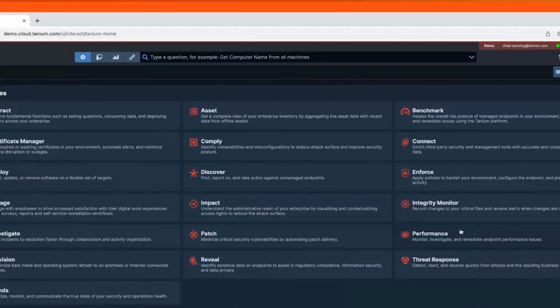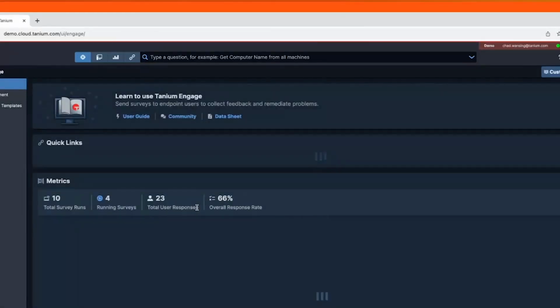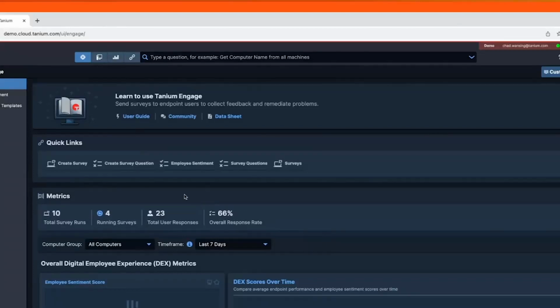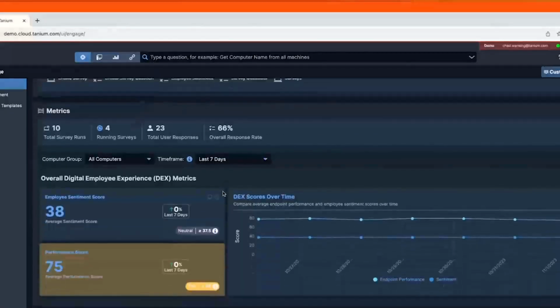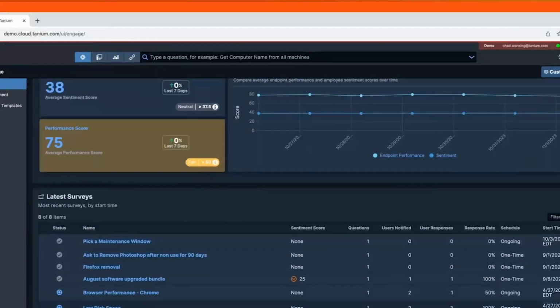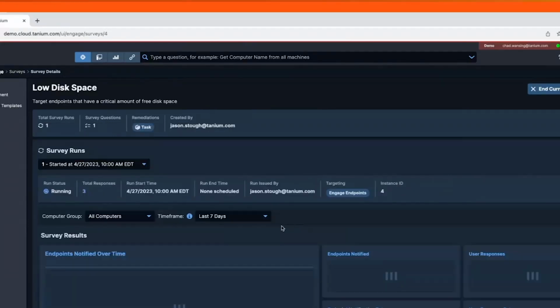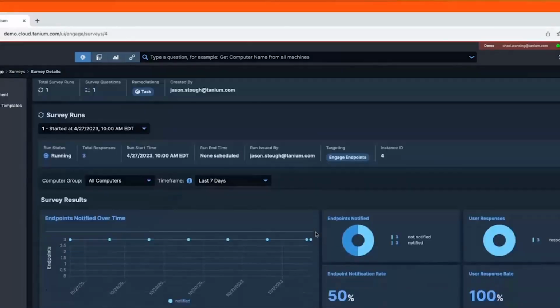And when we find events, we can either drive alerts or automatically engage with our Engage module, appropriately named, to issue surveys to end users. Those surveys can then be tracked over time. And even more than just tracked over time, they can even allow for automated remediation based on the response of the end user.